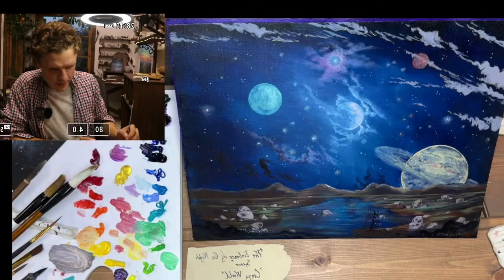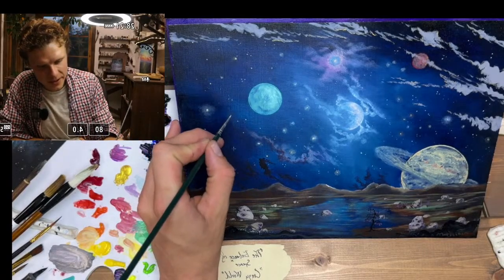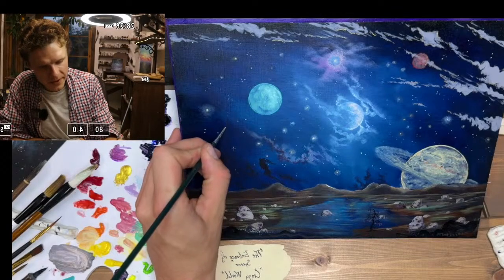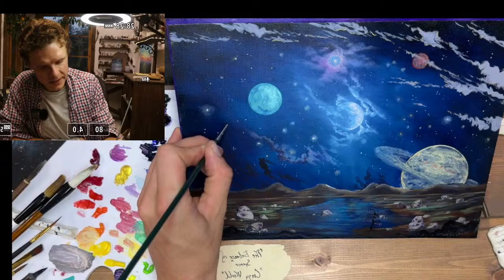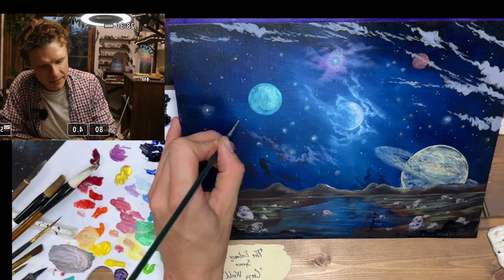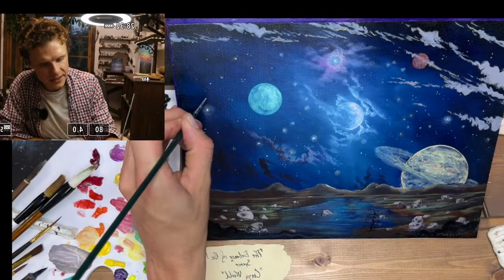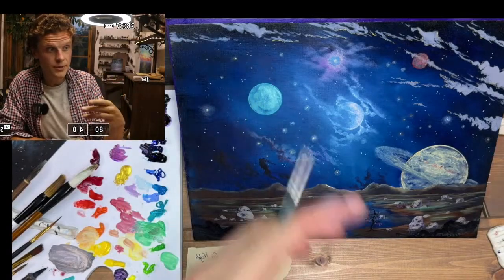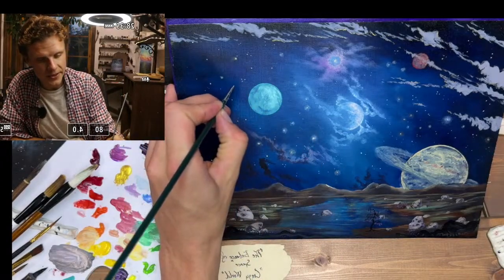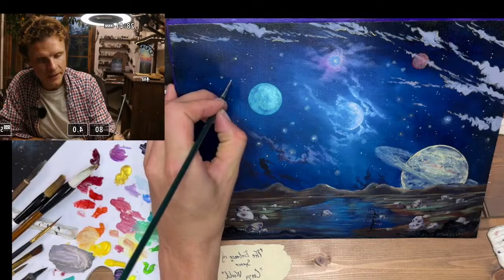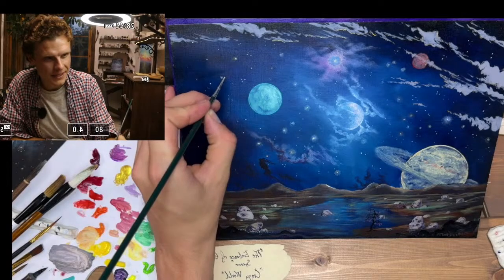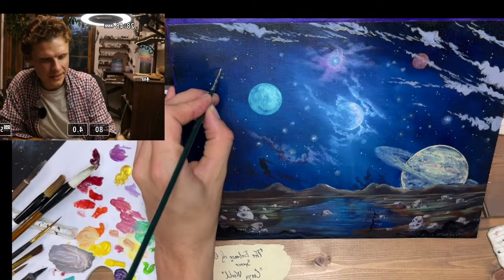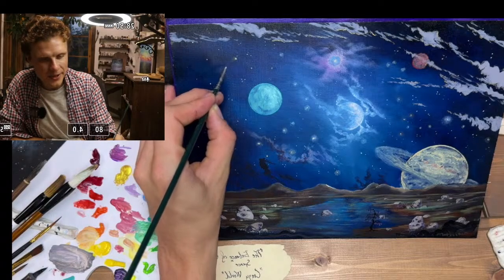Okay, I am going to go back to add some stars. What was it I said? I wanted to do something about the green planet. I'm just gonna add some really tiny stars to add more depth. What I really want is I want us to be able to look far, far into the painting. I think that'd be nice. Much better. Oh, very good. That's something I really love.